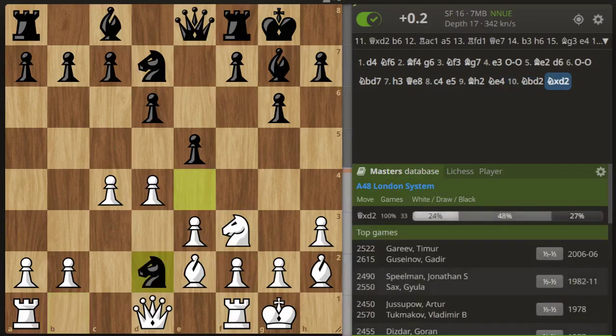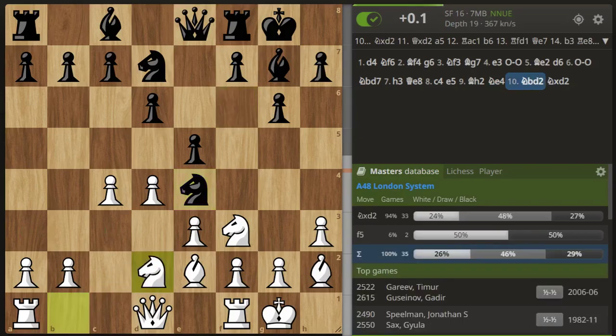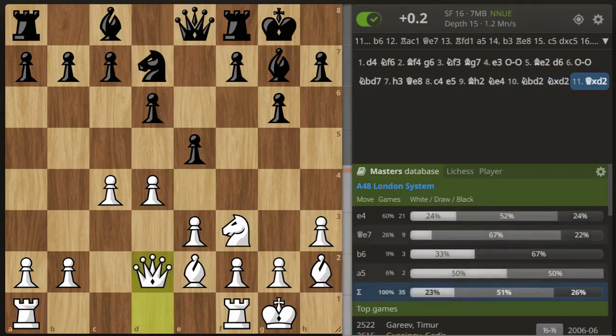So Kasparov figures, well, I can't really do without developing my knight on b1, I better get it out. And so black snaps it off. So all very logical play. Queen takes d2. This variation, to my knowledge, hadn't been played many times before, but there was a game, Yusupov